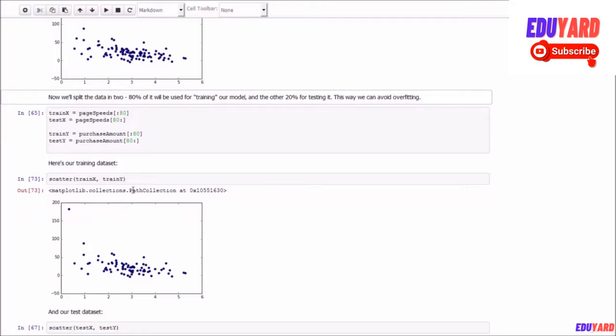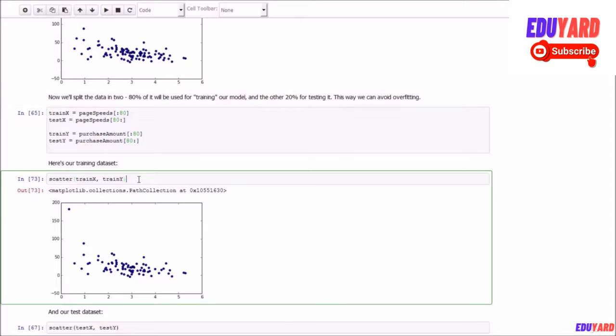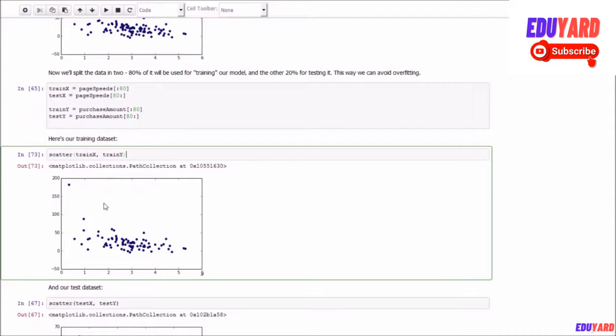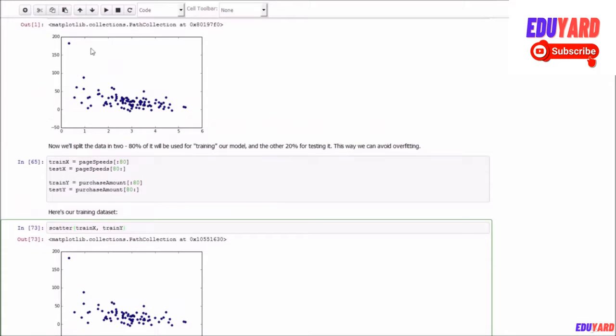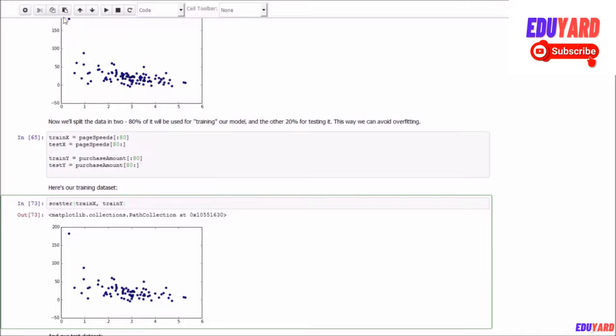So let's visualize the training data set that we end up with. We will plot our training page speeds and purchase amounts, and it looks like that: basically 80 points selected at random from the original complete data set. It has basically the same shape, so that's a good thing. It's representative of our data, which is important.